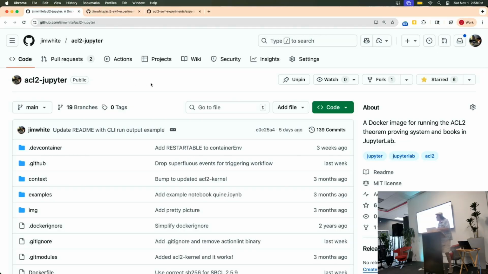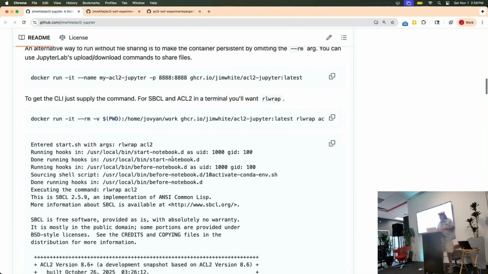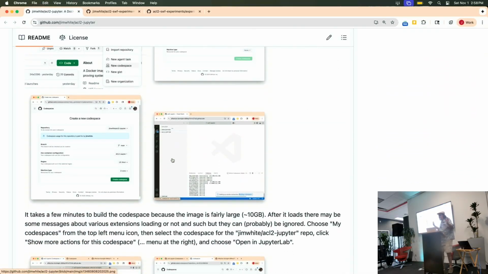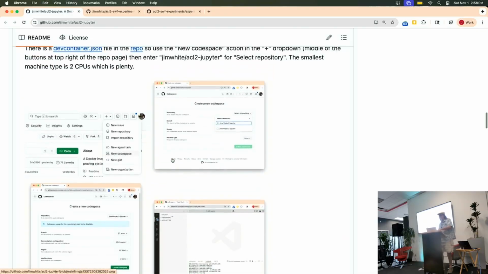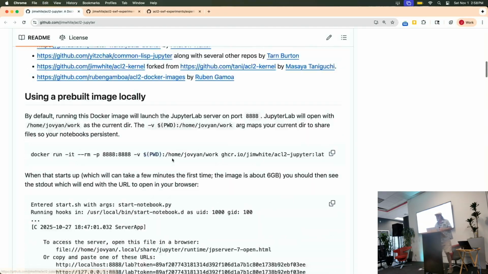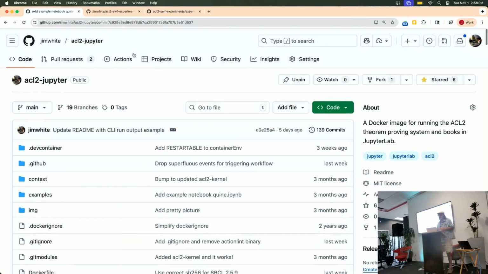So, ACL2 Jupyter. This is a Docker image, including a dev container, with some instructions for a variety of different ways to run it. It's multi-architecture, runs on your Mac, and runs on any Intel. What it's showing here is you can run it with the dev container, and you can run it in Codespaces. And there are some links to other resources,